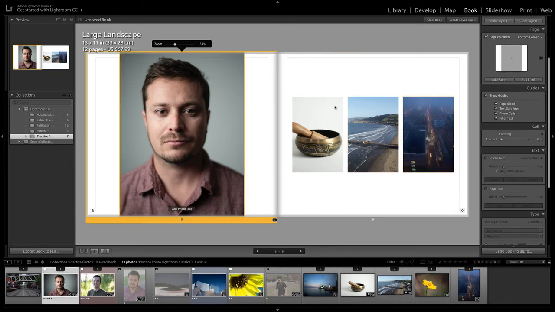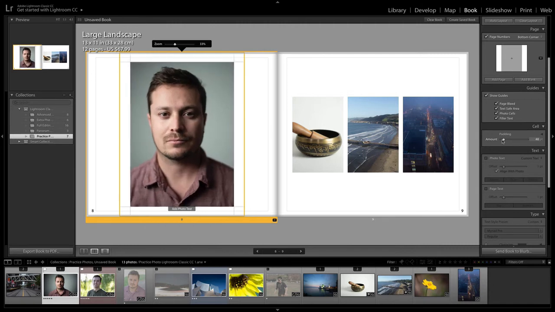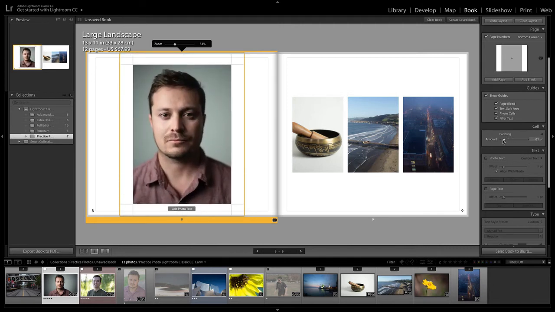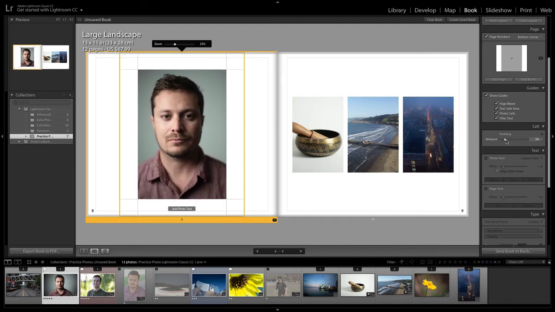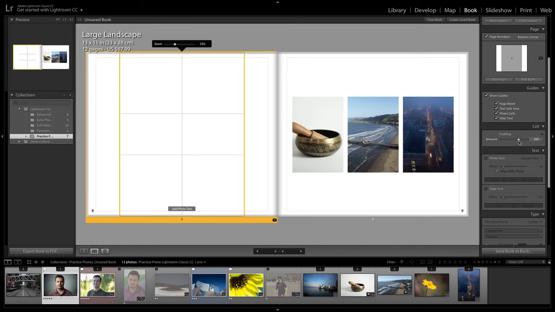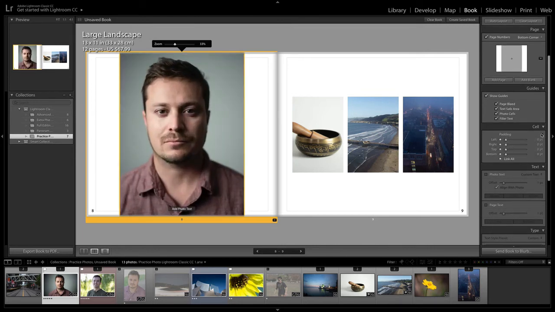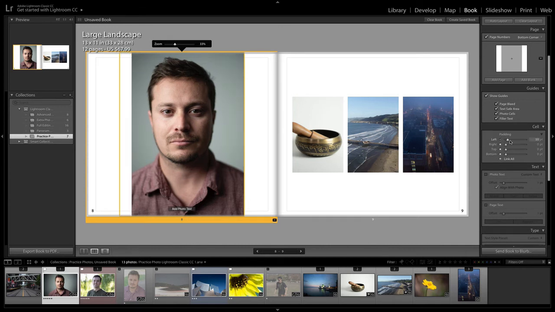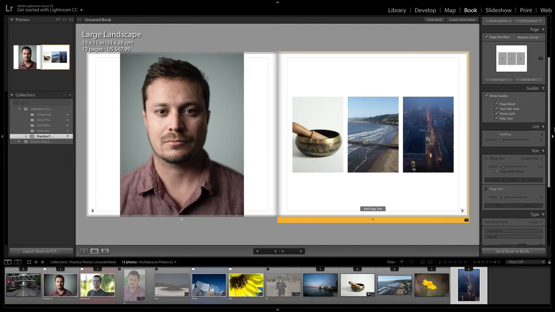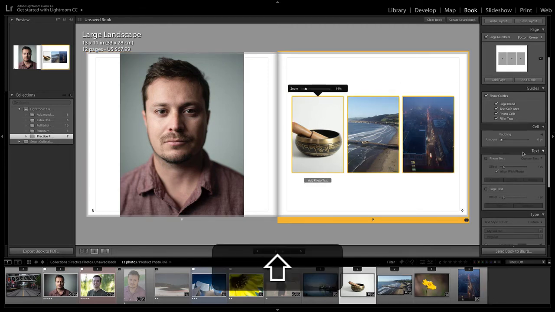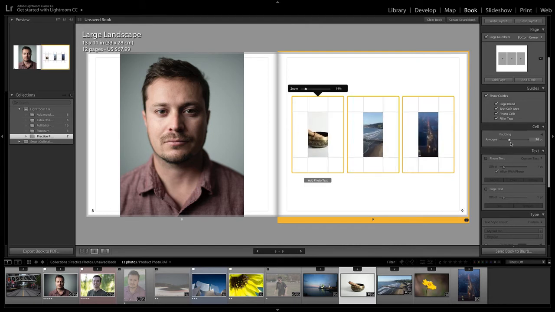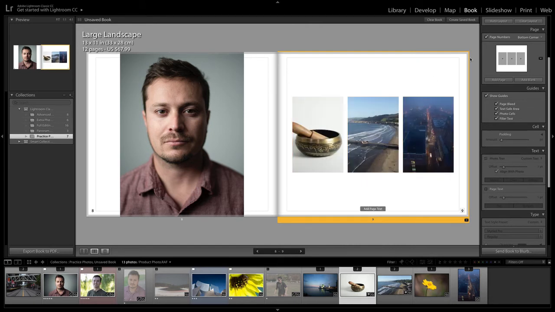So if I select one of these cells and then I increase the padding, you can see that it adds space around the edges, and this is doing it to all edges at the same rate. Or you can do it individually by dropping down this arrow, checking on which one you want to adjust, and then just dragging that specific one to the left or right. You can do multiple at the same time by selecting multiple, just shift clicking them on the book itself, and then adjusting the padding scale here.